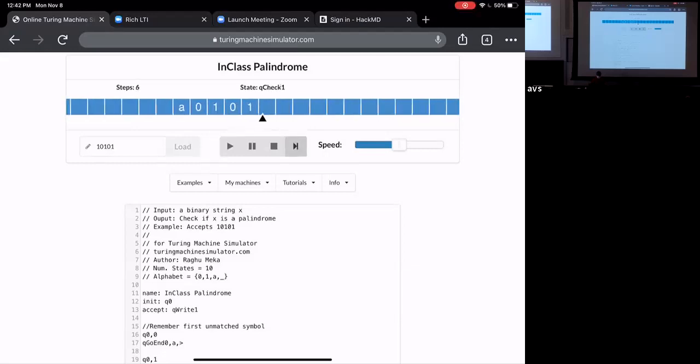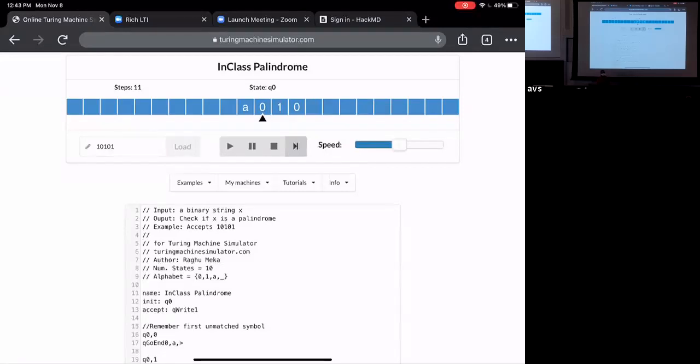It found the end. It comes back, checks for 1, finds a 1, so it's going to go to start now. Finds an A, move ahead, and now we're exactly in the starting position, right? I cut off the first one and the end one, and now I have to check whether whatever string is left is itself a palindrome. So you're going to do the exact same computation, starting with the state 0.